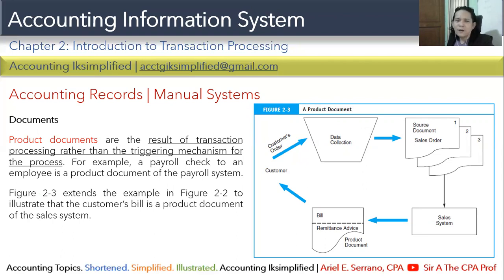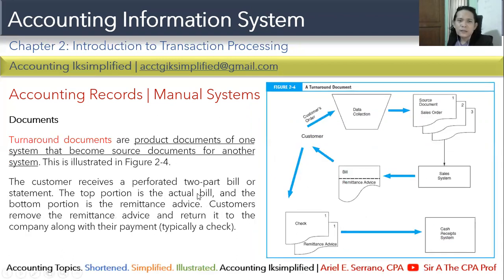Okay? We have the source document. Now we have the product documents. The third one is what we call the turnaround document. Bakit siya turnaround? Kasi ito po ay isang product document ng isang system na ginagamit po para maging source document ng panibagong system. So extending our figure, our illustration here, we see here the bill as a product document pero